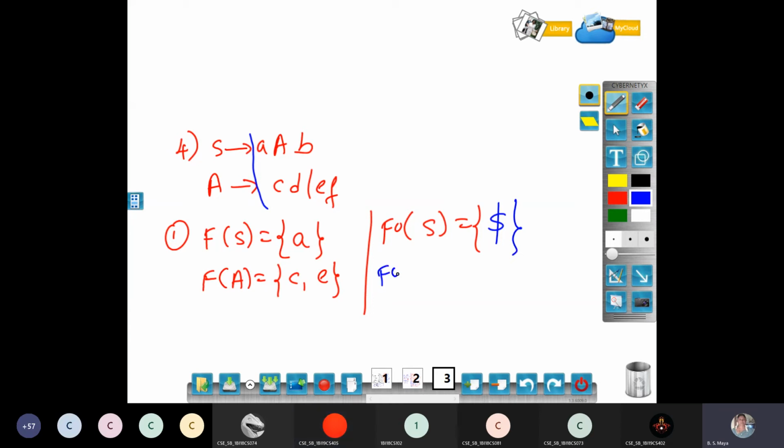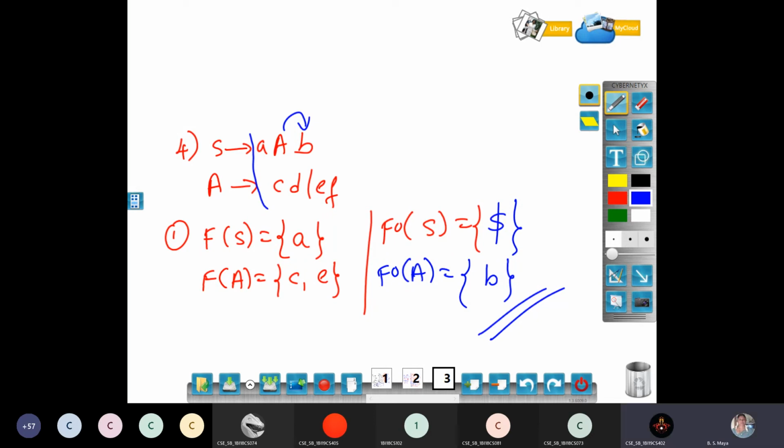Then what do we find out? Follow set of capital A. What is your follow set of capital A? Just search in the right-hand side. What is the follow set of capital A? B, ma'am. What is after capital A, that is all your work. What is after capital A? That's all. B. This is the only answer. First and follow set, any doubt in these problems? Shall I go for the next one?